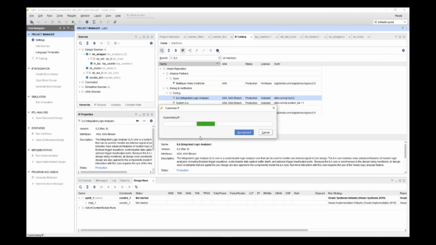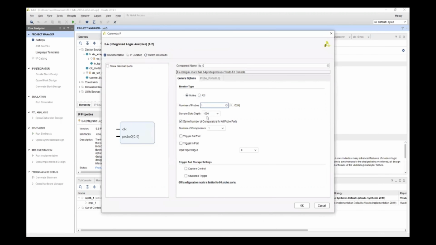So double click on the ILA and then let's customize the IP. The number of ports will be 3. We have 3 ports. Clock 1 Hertz, because we need to observe the state of the 1 Hertz clock as well. Even though we are giving the top counter 100 megahertz, there is a 1 Hertz probe somewhere in the top counter, and that somewhere is before the counter 8 bit, after the clock divider. So we are giving first the 1 Hertz clock, and then the reset, and then the output. So these are the 3 ports, and let the rest remain the same.